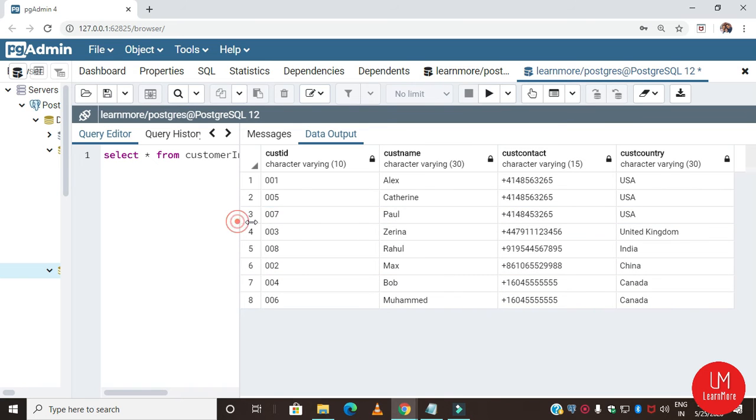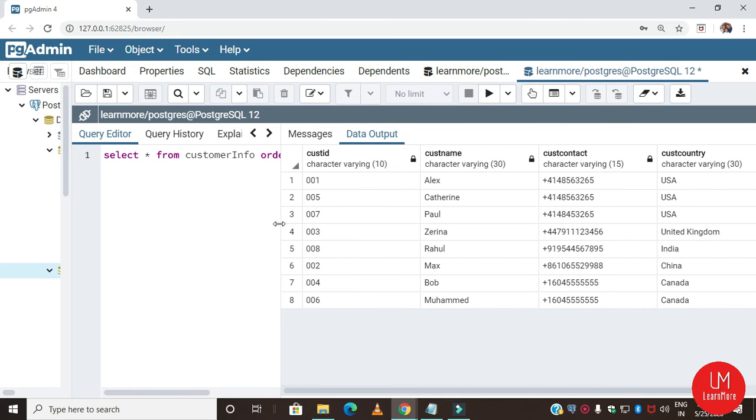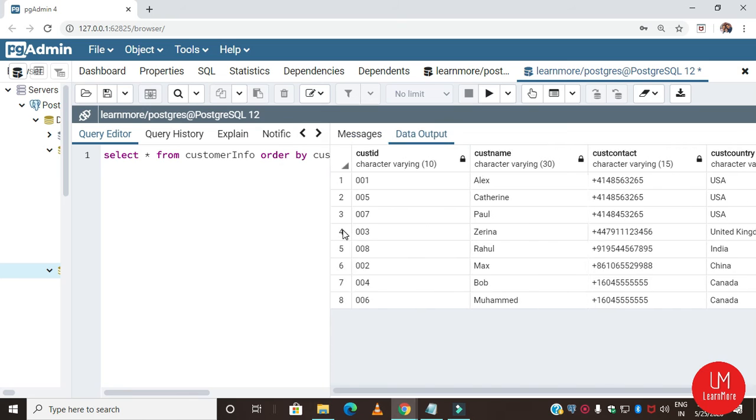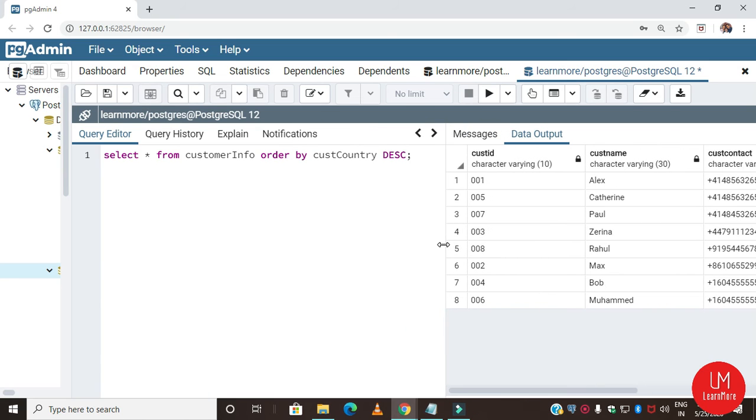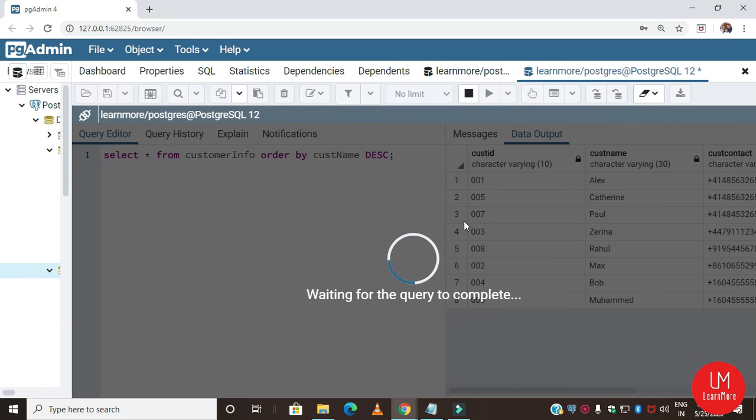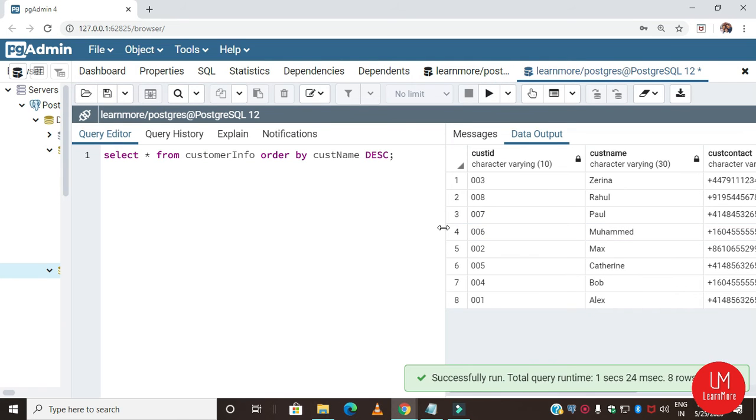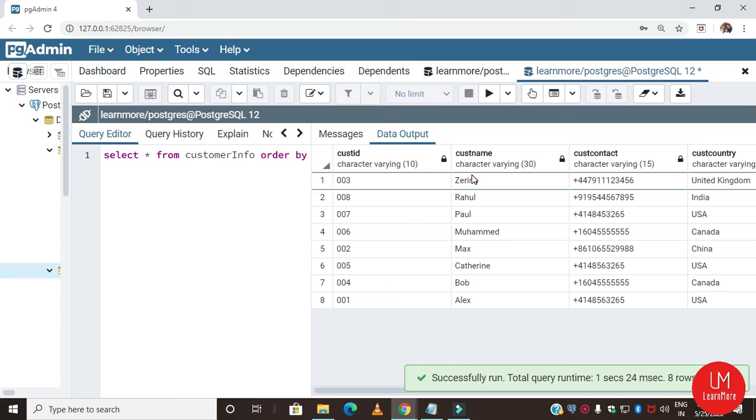Suppose you want to sort some other column, say customer name. Then you have to specify the column name here, customer name. Let's run this. See, the order changed.